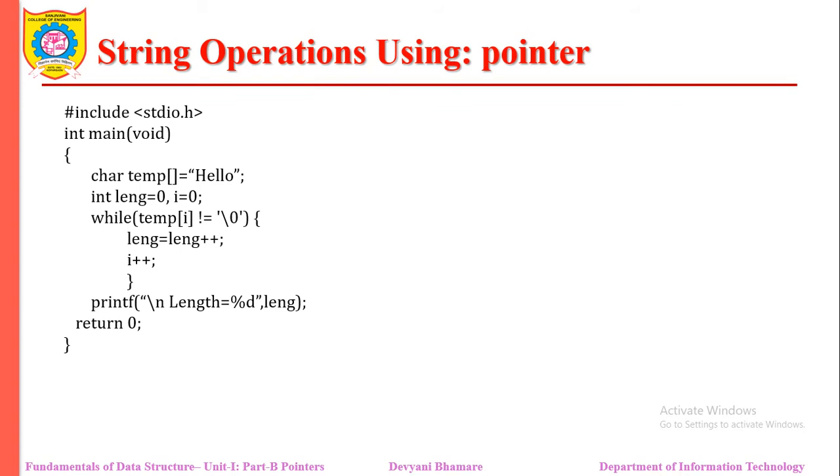But I want to do the same thing by using pointers. So what change should I make? Dear student, can you pause the video and identify what the possible solution can be? Yes, what we need to do is create one character pointer. Then, after declaring this character pointer, we initialize it to point to the first element of our temp array. Then, by using the value-at operator, we can identify at what location we get the null character, and our program is ready.